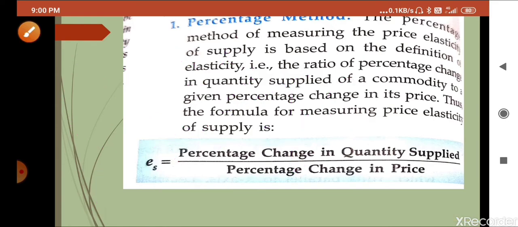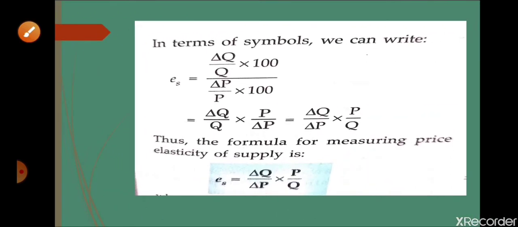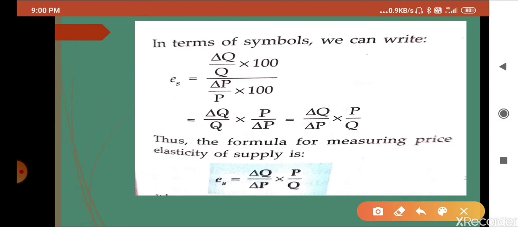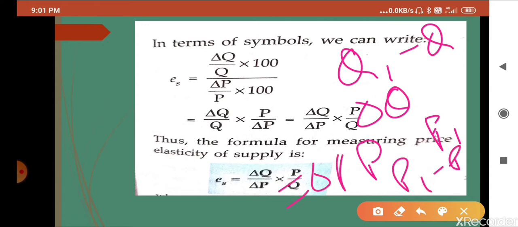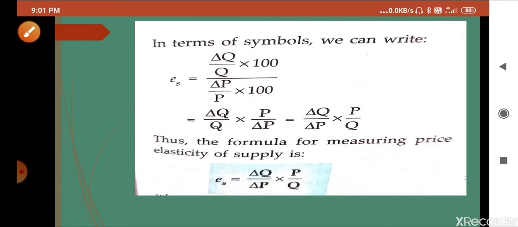Let us go through how this formula will be derived, as we have seen in the previous one. You see here what is delta Q and Q. Q here is the previous quantity and delta Q is the change in the quantity supplied, meaning Q1 minus Q. Q1 is the final one and Q is the previous one. So delta Q will be Q1 minus Q. And in the same way P is the previous price, P1 may be the next price. So P1 minus P will be delta P. So like that we have delta P and delta Q, it is clear I think.